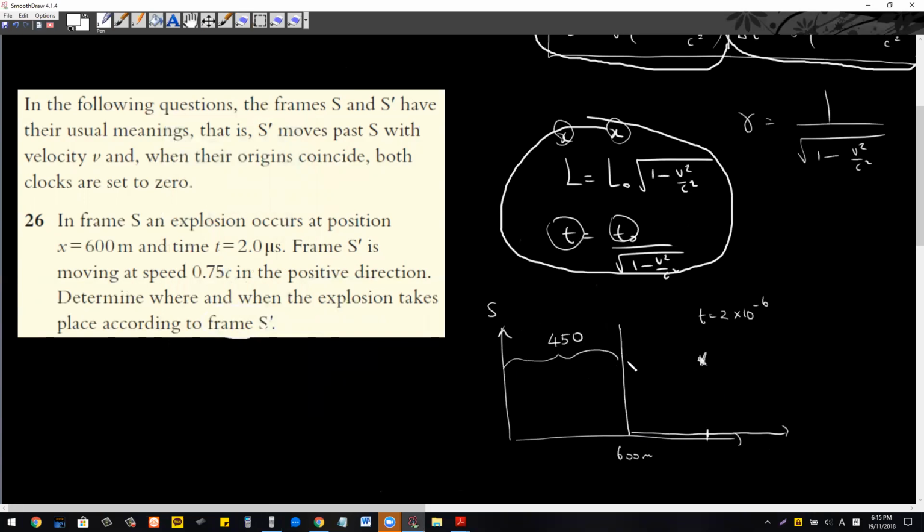So if we are assuming Galilean relativity, then X dash would be 150, true? And time is universal. Time T dash is the same as T, so it's going to be the same time, 2 times 10 to the power of -6. So that would be the case if it's Galilean relativity. Now all we have to do,